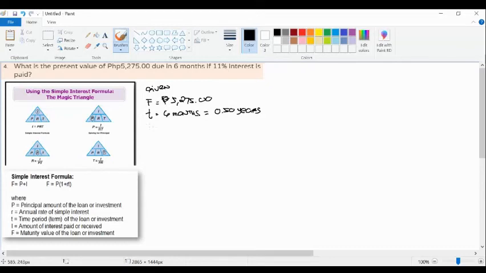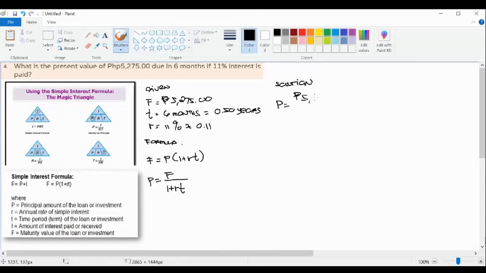Next, we have the annual rate of simple interest, that is 11%. Convert this into decimal, that is 0.11. And the formula that we're going to use, same as we did in question number 2, is F = P(1 + RT). Since we're looking for the present value or the principal amount, the formula that we are going to use is P = F / (1 + RT). Okay, so solution,